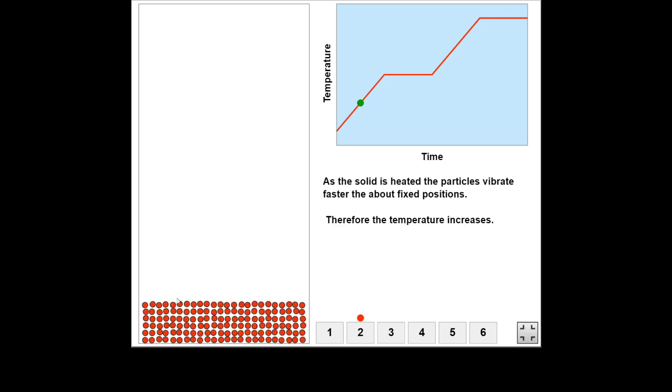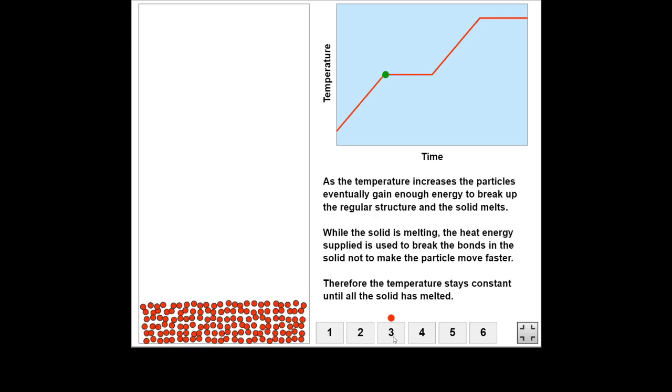We can start to give this solid, this could be something like a block of ice, we could start to give it energy. We could start to heat it up. At first, those particles are just going to start vibrating more. It's not going to start to melt. If we go from a block of ice at minus 20 degrees to a block of ice at minus 10 degrees, that's not melted, but it has got more energy, so those particles will vibrate more. If we keep giving it more and more energy,